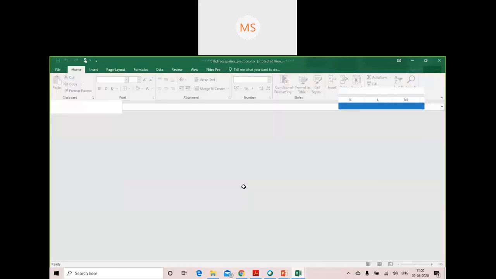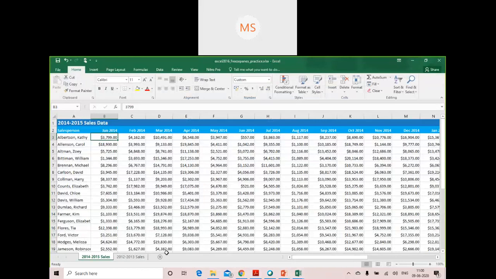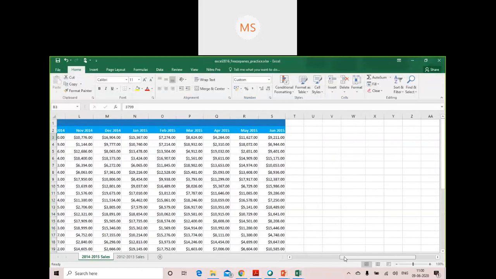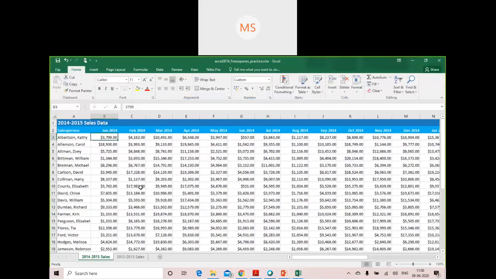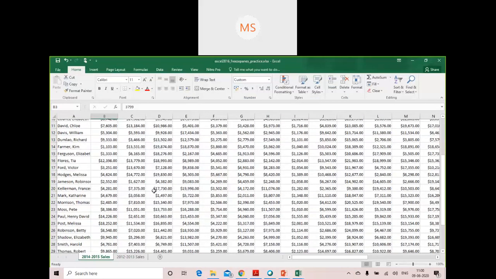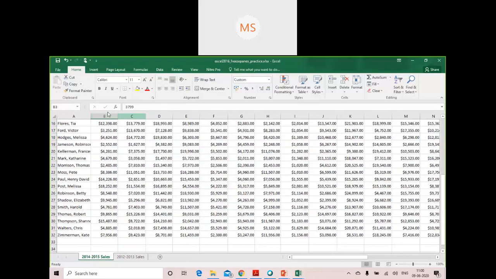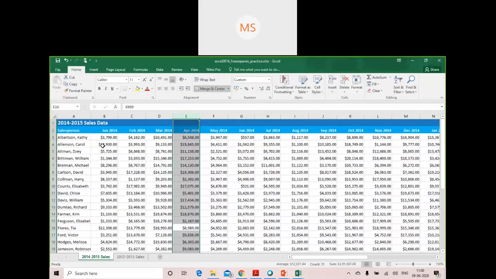Now this is the file. As you can see, this sheet is very large. It consists of these many columns, and it consists of these rows. Now the moment I want to see the last rows, my header goes up and is no longer visible. So what if I want to know what the values in column C consist of, what the values in column D consist of? I cannot recall it each and every time. So that needs to be in front of me. For that purpose, I can make use of the freeze pane option.